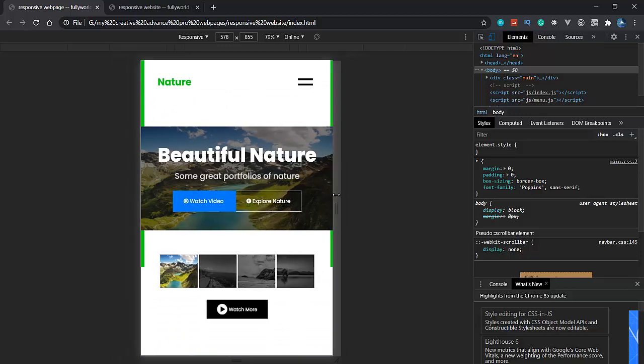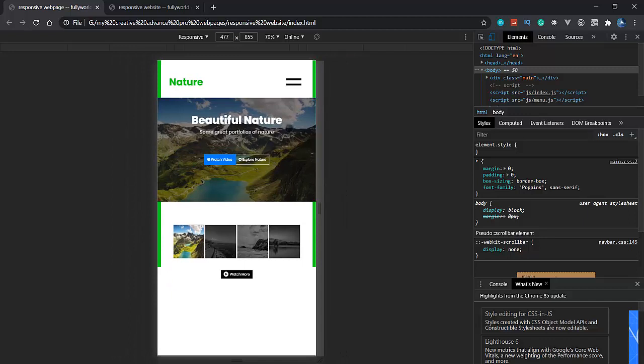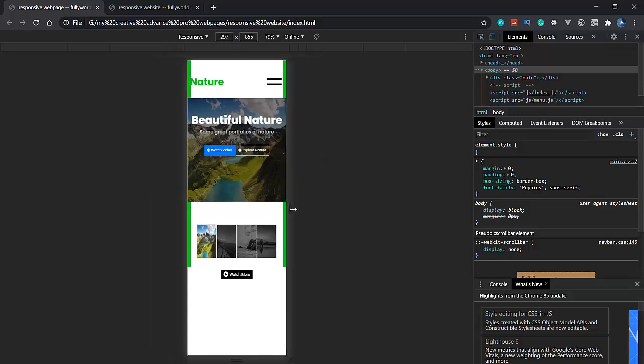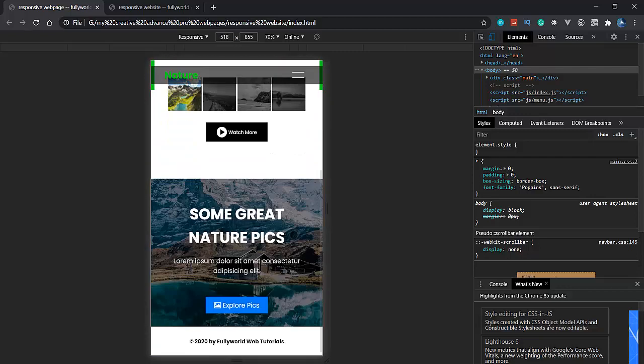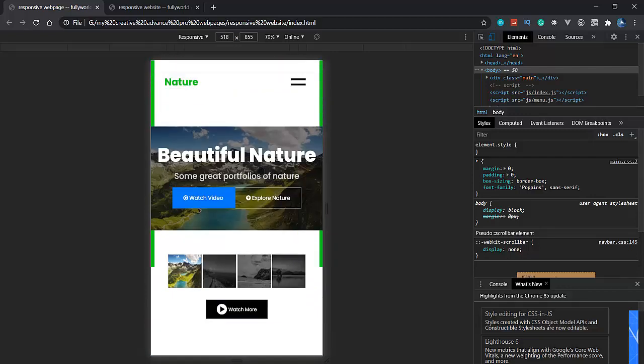So when we go further and further, the rest will be the same, we will just change our font size only. Because we only want to change our font size, the rest is now responsive. So we need 3 breakpoints for that.